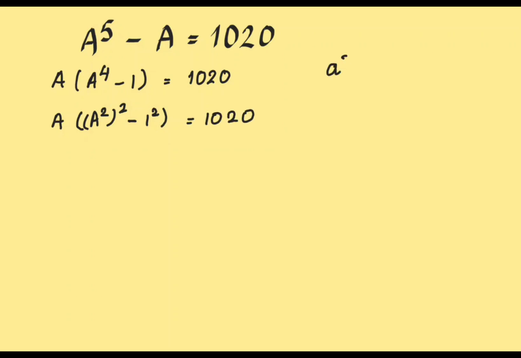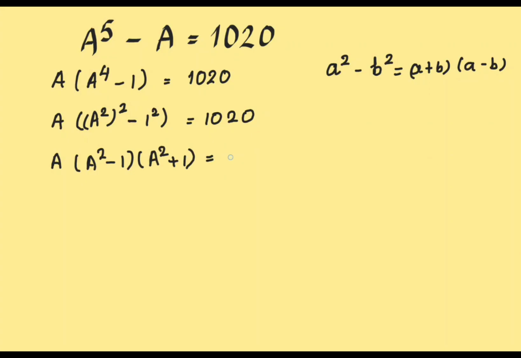When you come across something as a square minus b square, that is equal to a plus b into a minus b. Use this to solve it. So a square minus 1, a square plus 1 is equal to 1020. Again, this is a square minus, write this as 1 square. This will be a minus 1, a plus 1, a square plus 1 is equal to, if you prime factorize